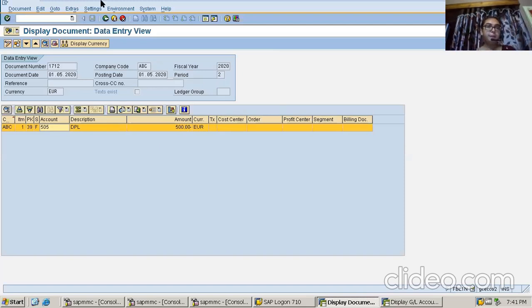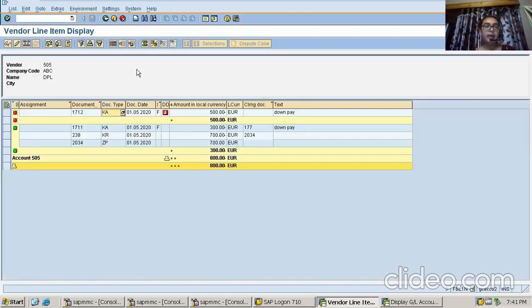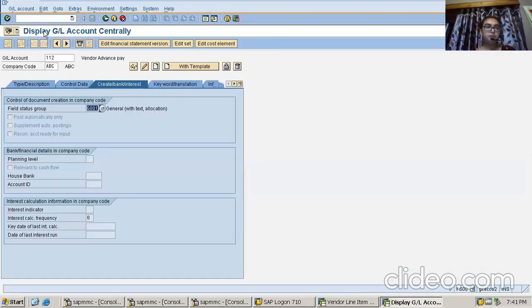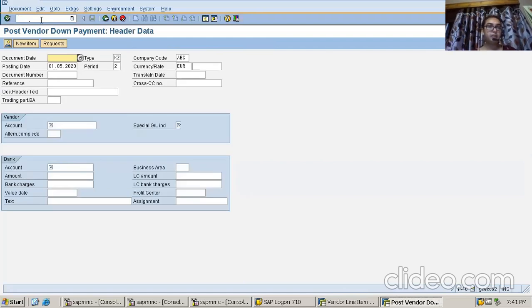So this will not come under the normal item. This is a noted item, and why it is noted is because it is nothing but a request. The down payment has not got paid at all. It will be paid now based on the request raised. So once the down payment is processed, then only it will come under the normal account. So I'm going to pay the down payment. F-48 is the transaction being used in order to pay the down payment.